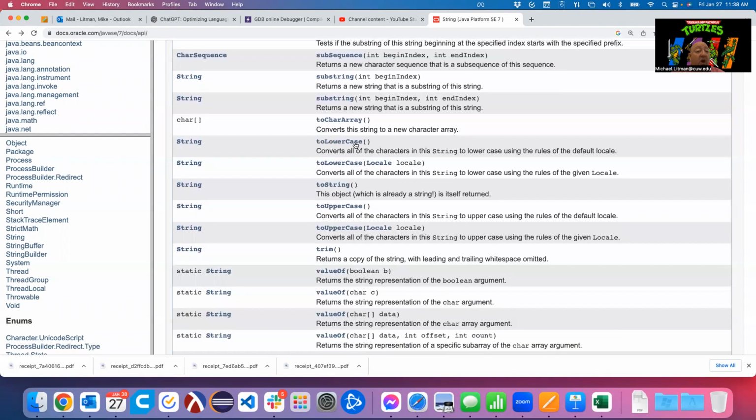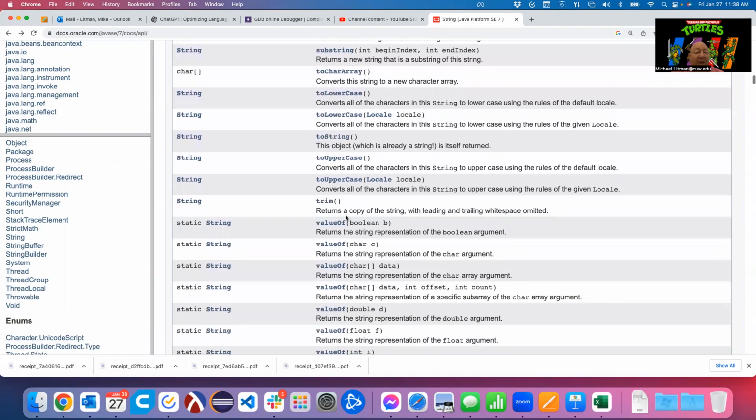We can convert a string to all lowercase. We can convert a string to all uppercase. We can trim a string, which takes all white space from either end off, giving us just the string. It won't remove spaces in the middle of the string, though. So if you have a sentence with a bunch of white space on either side, we can get rid of that white space real quick by just calling trim. And now you have your sentence with all the spaces inside of it preserved.